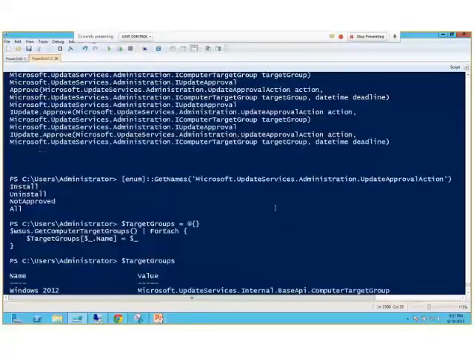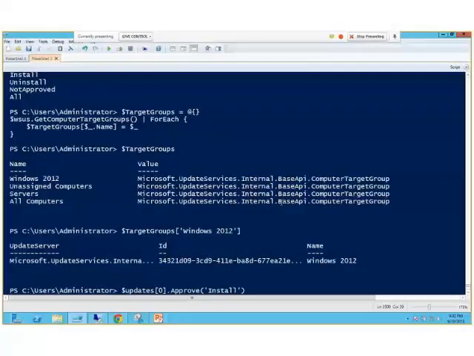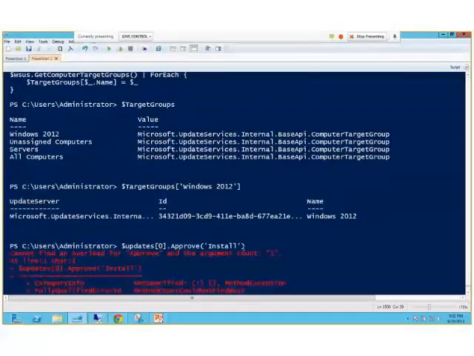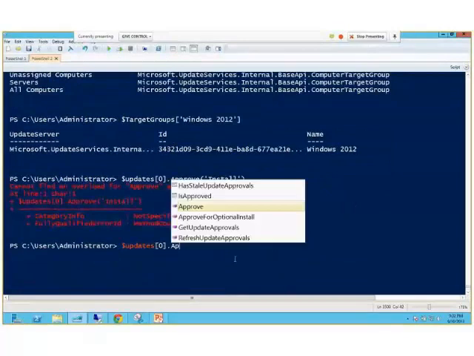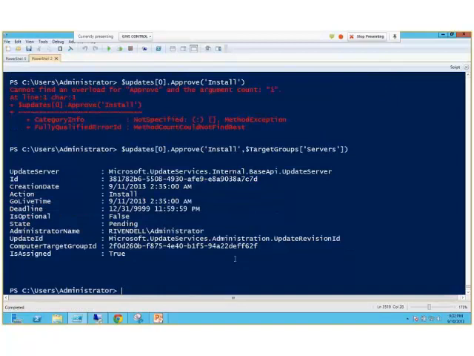Oh, I'm sorry. Yeah, it actually does require the target group. That's my fault. So yeah, I would specify install. And in this case, I want my servers. And it's done. And it actually returns an object that tells the state: it's pending, what action it's going to do,